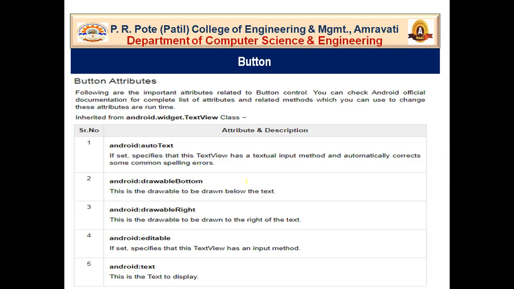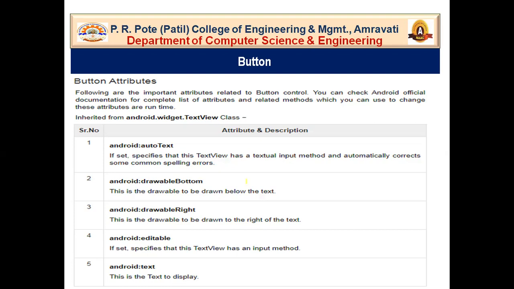Then Android drawable bottom. This is the drawable to be drawn below the text. Now we have already seen that property in the text view. Then Android drawable right, when we want to draw some elements to the right of the text, at that time we can use this property.